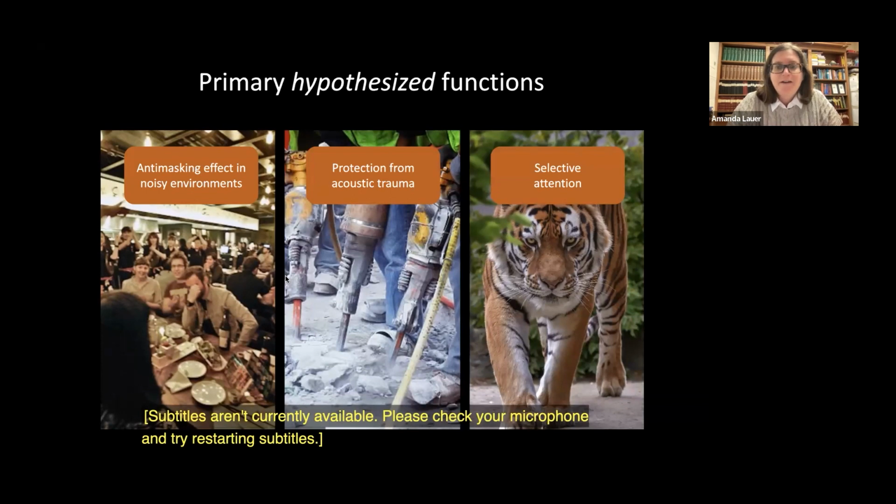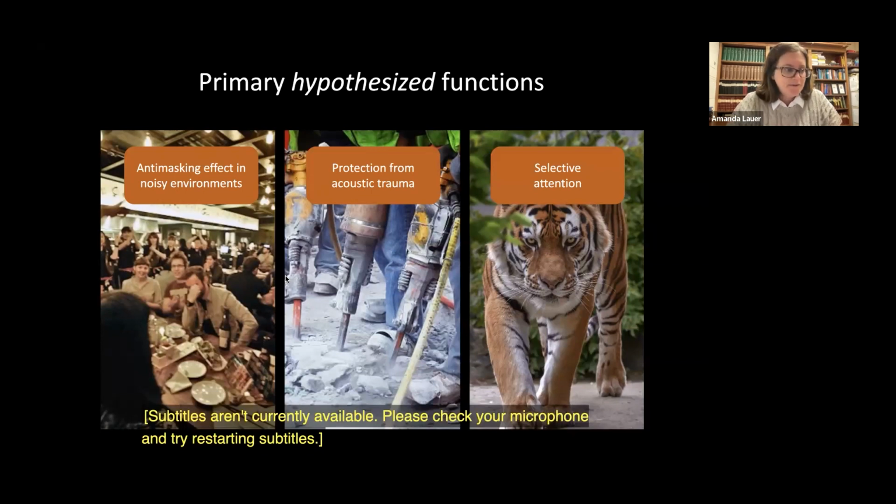And another thing that has been hypothesized is that suppression of certain frequencies that you're not paying attention to could be going on here, so that you can devote all your resources to the sound you're expecting to hear. Or conversely, if you're doing a task in another sensory modality, such as a visual task, this actually suppresses activity in the ear, allowing for selective attention to the visual task.